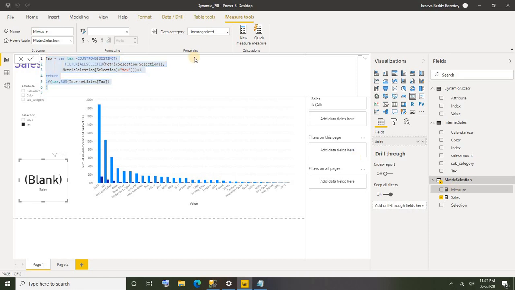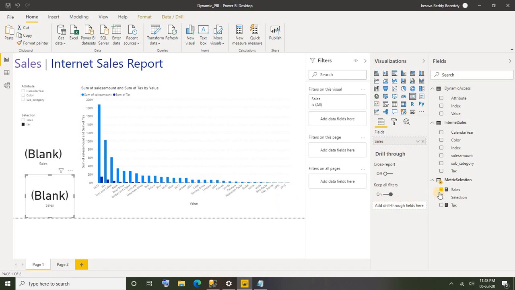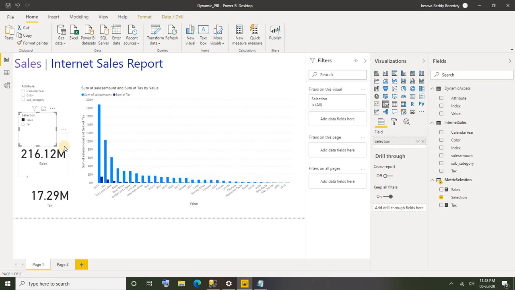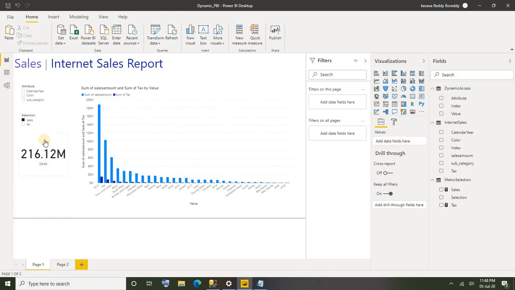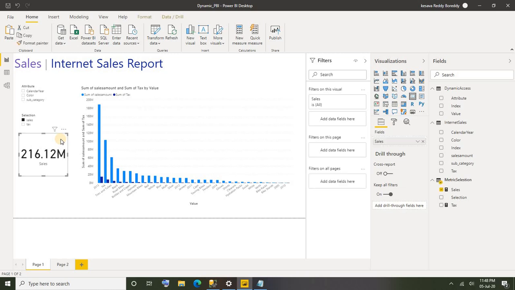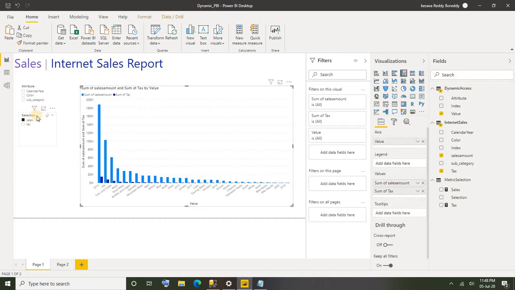Let me press enter. Let me duplicate this card and add tax amount as well. All right, we are getting both. If I select sales, I should get sales amount for this card, and this card will be blank. Let me remove these test cards. I added these cards only for validation purposes. All right, we are done, and our slicer is ready. So as of now we created the slicer.